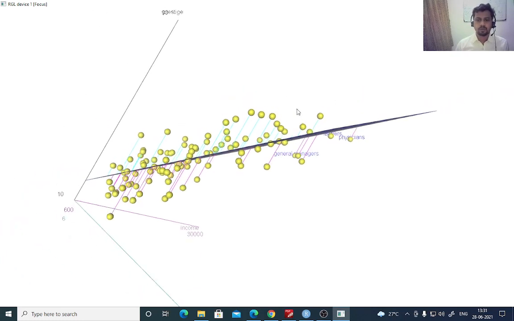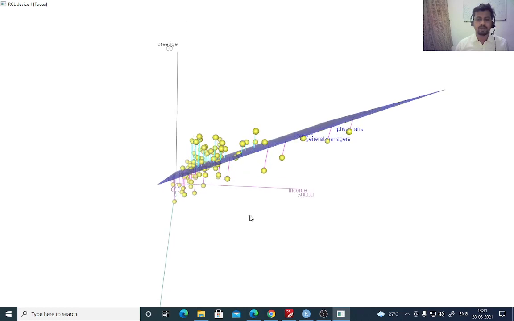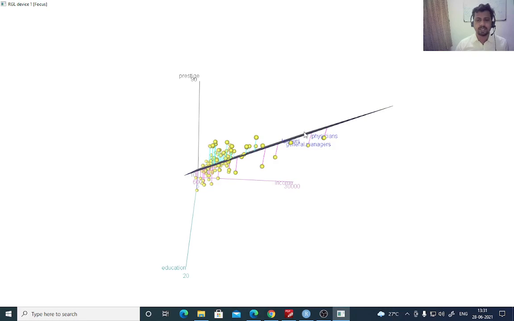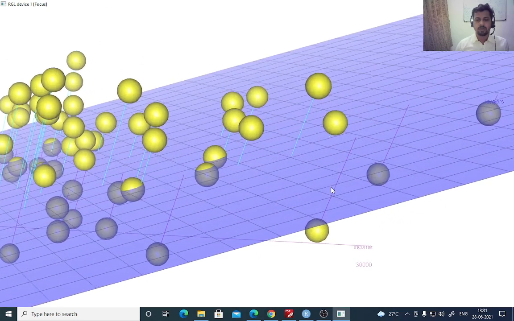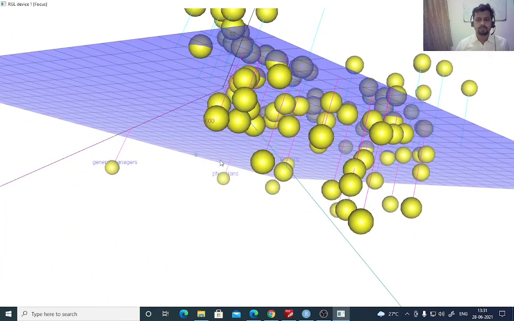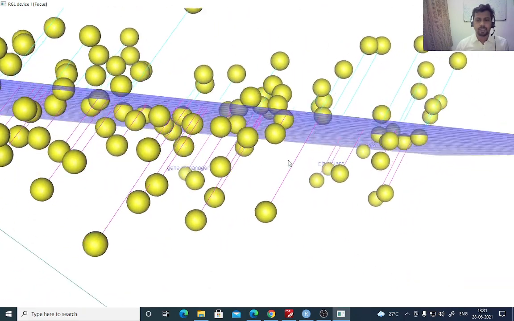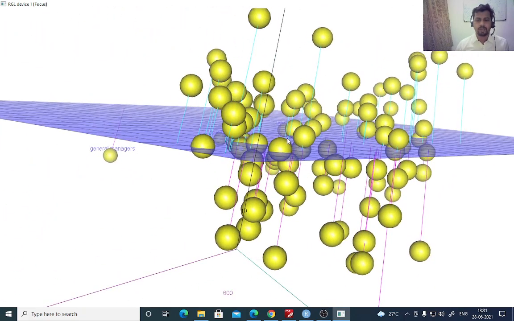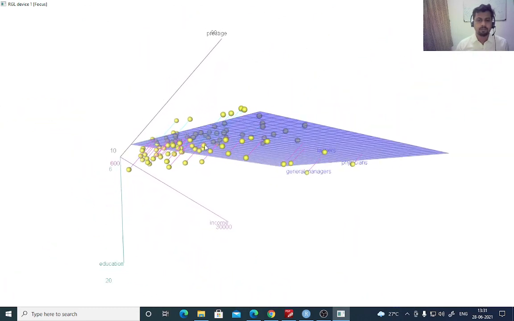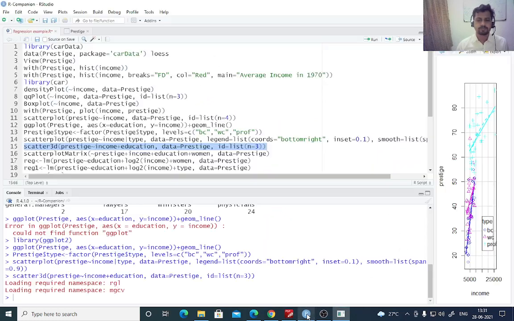So this is the scatter3d plot of the regression plane that we actually estimate when we have this multiple linear regression involving Prestige against income and education. You can easily check all this just by rotating the graph. This is much easier to see. You can actually make sense of what we do when we run a regression, or when we have a multiple linear regression. So this is basically how your regression plane looks.